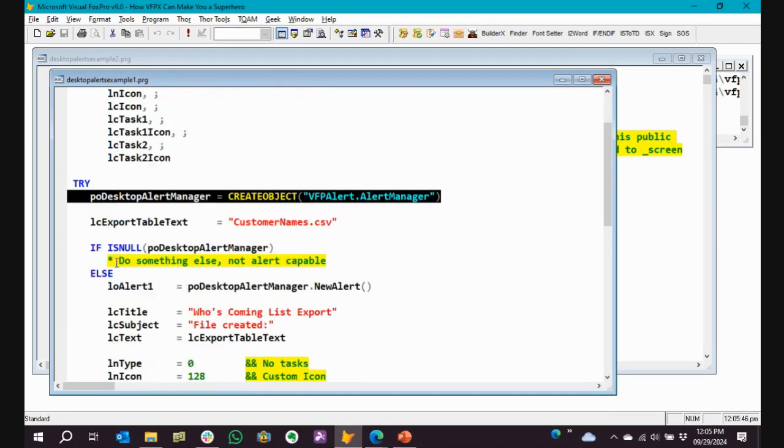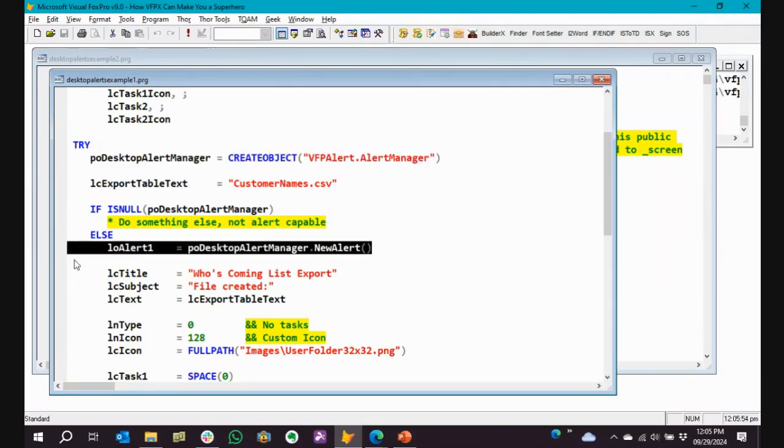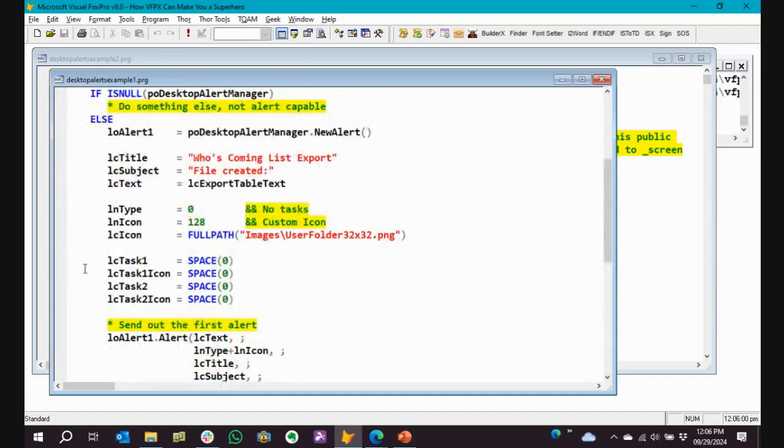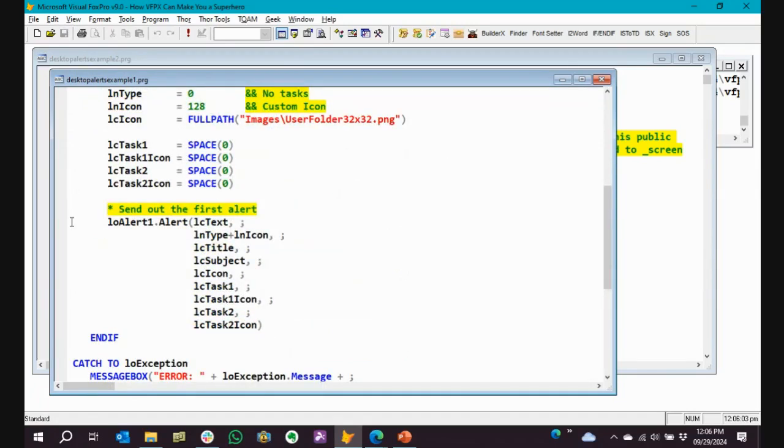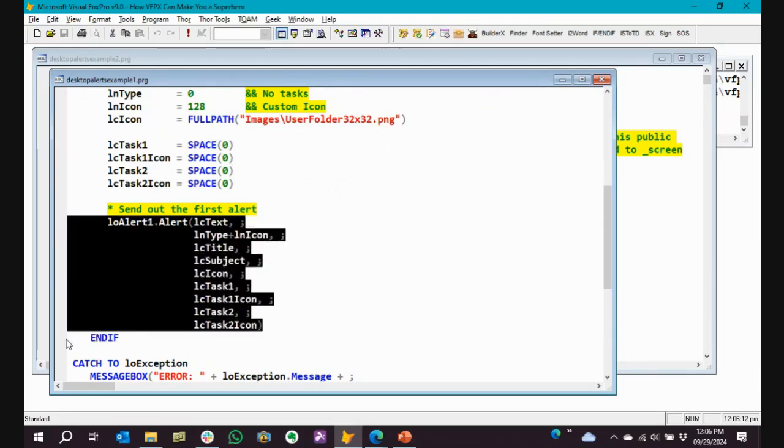Okay. So in this case, I'm creating a CSV file. Shocker. Go in, I create the alert through the new alert method, and then you just set properties. I create a title, a subject, some text, and I'm sorry, I didn't create properties, I create variables. In this case, I typically create properties within my code to work with this. And then you just pass to the alert object all the things that control the various aspects of how the alert looks and works.